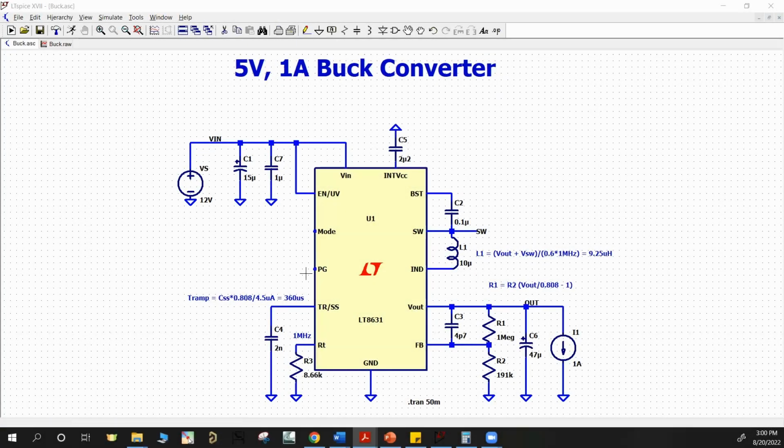PG is basically just an open drain pin, which indicates power good. So if the regulated voltage on this node goes anywhere plus or minus 7% of the set value, in this case 5 volts,